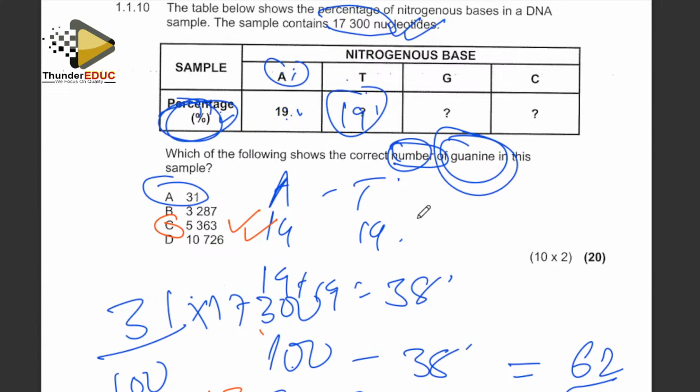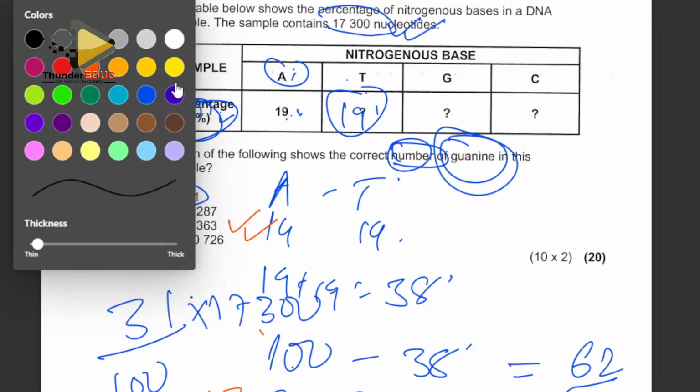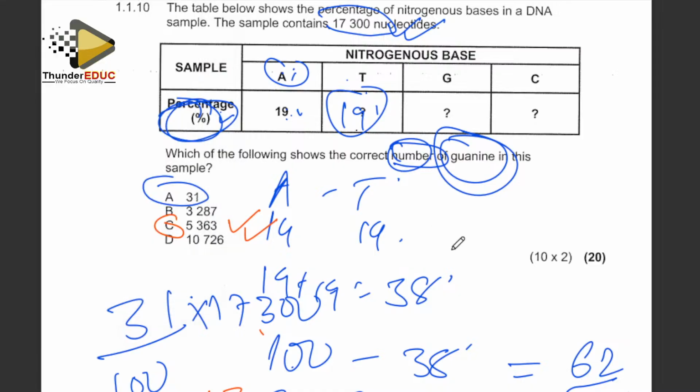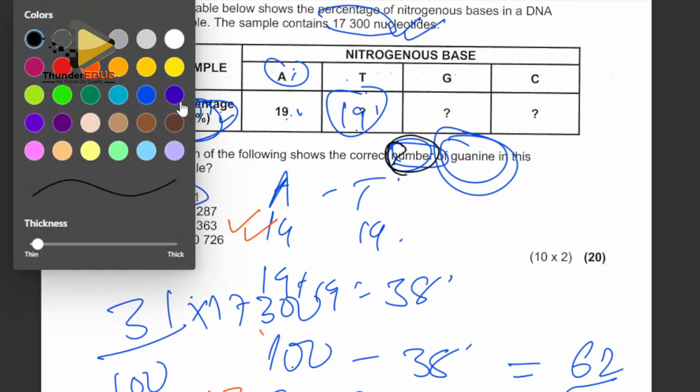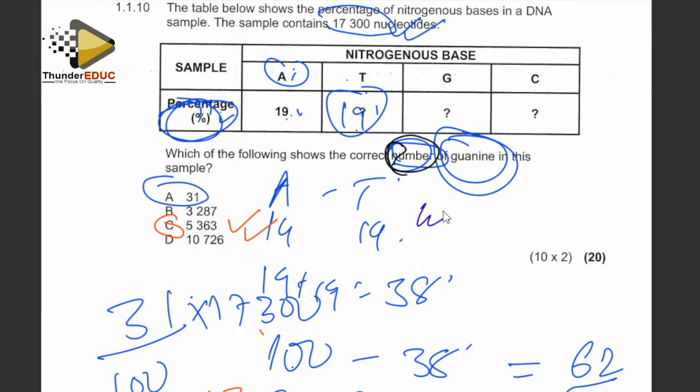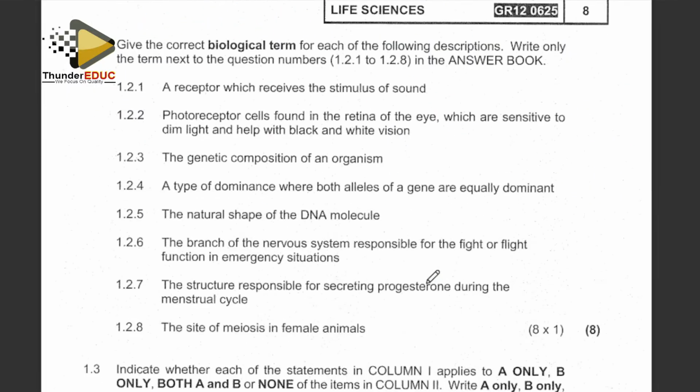So guys, I always tell you that a paper which looks easy in most cases tends to be difficult because you rush. When we are setting, we like to trick you to check if you understood the question properly. They said the number, they did not ask you for the percentage. The first objective was percentage, but they want the number. That's why C becomes the most correct answer. I hope, guys, you got 20 out of 20 there. If you got 20 out of 20, clap hands for yourself.